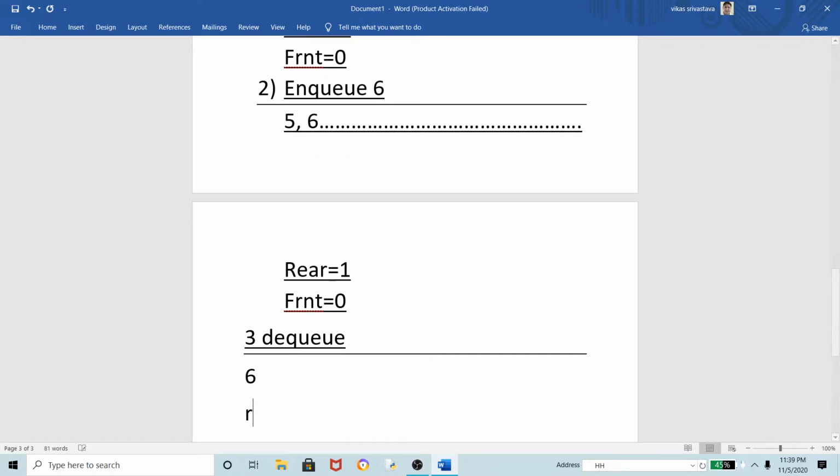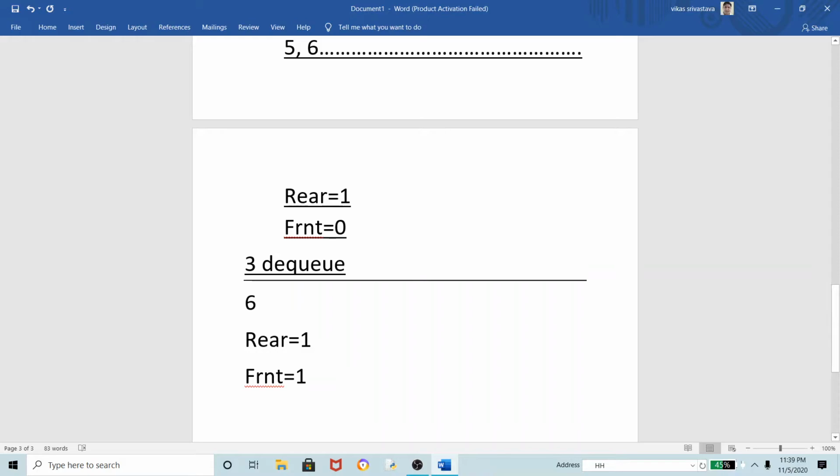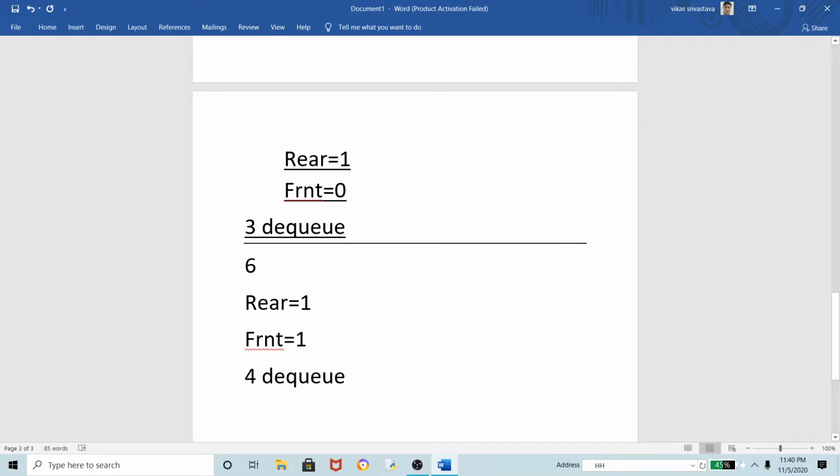And at that time, the rear is on which position? 1, and the front will also move to which position? 1. And again, if you are doing DQ, means again if you are deleting, at that time what will happen? The queue we have to make